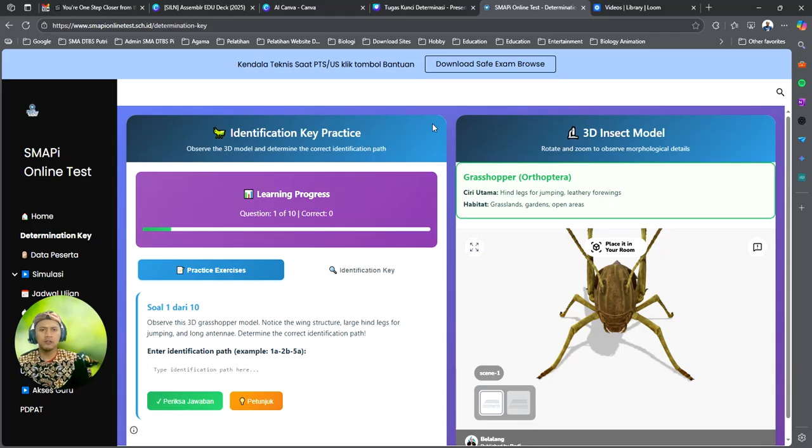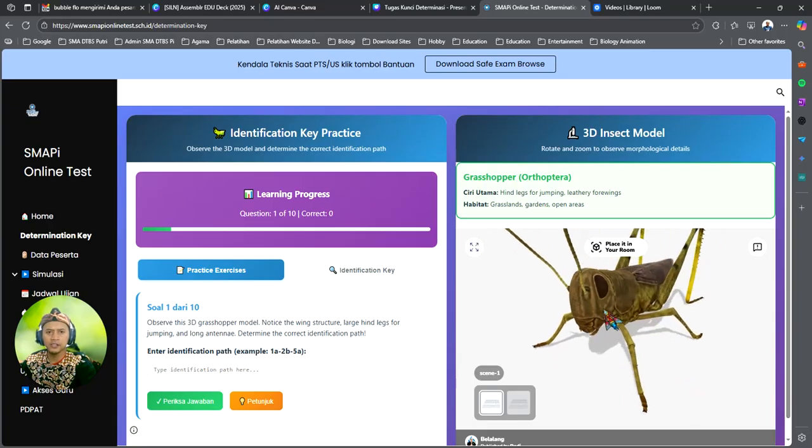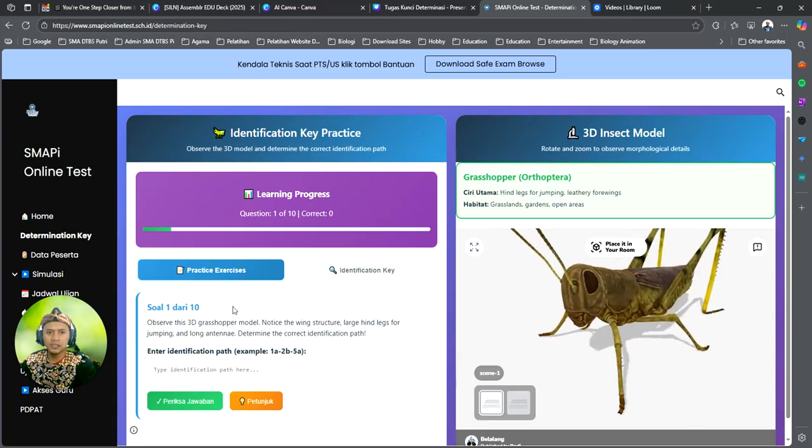For example, here is a project I made in my school, which you can see on this website. I made a project that makes biology lessons more interactive and engaging through 3D models and AR-based exercises. On the left, you see the determination key exercise.